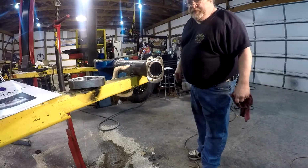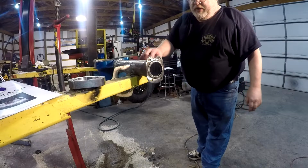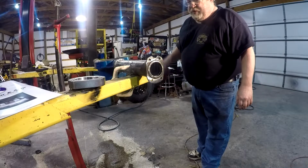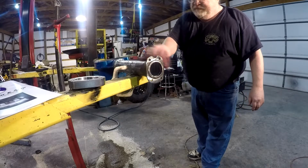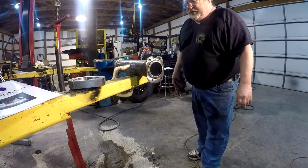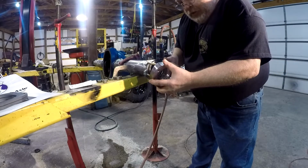All this assembled, and then we'll be welding on. After I get it assembled, we will be putting our perches on for spring perches and getting this thing ready to go into Danger Ranger. Because I had it upside down before. And what we'll do,